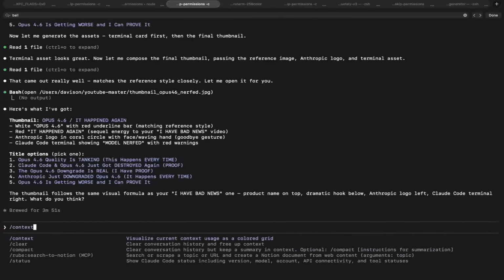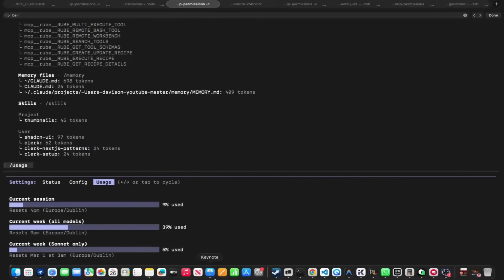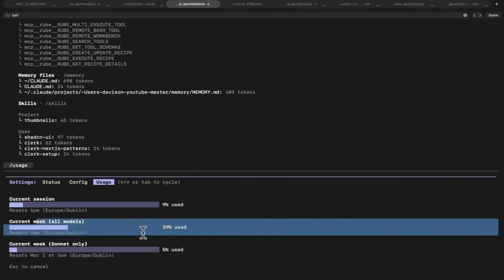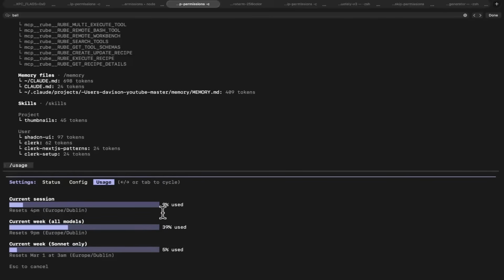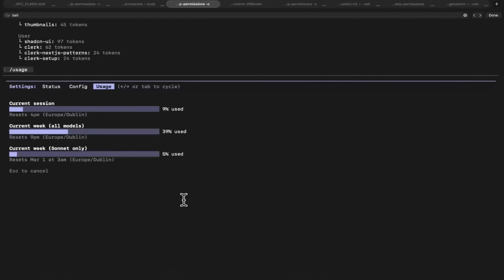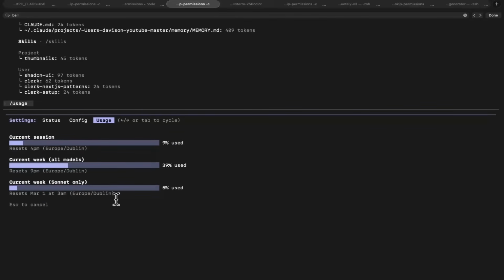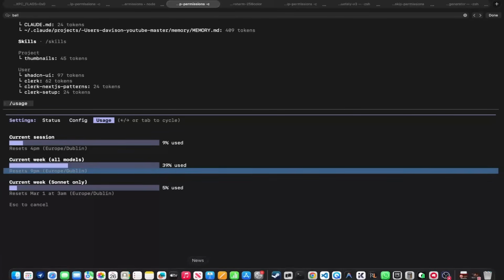/context just to kind of see how much I actually use this system, right? Okay, so I've used 39% of my weekly usage. Now, I'm not really sure if that shows you guys how much I actually use Claude, but I use this every single day. I promise you, I use it every single day. I use it constantly. I mean, I can't really prove it, right? At the end of the day, you either believe me or you don't. I am a power user of this tool.